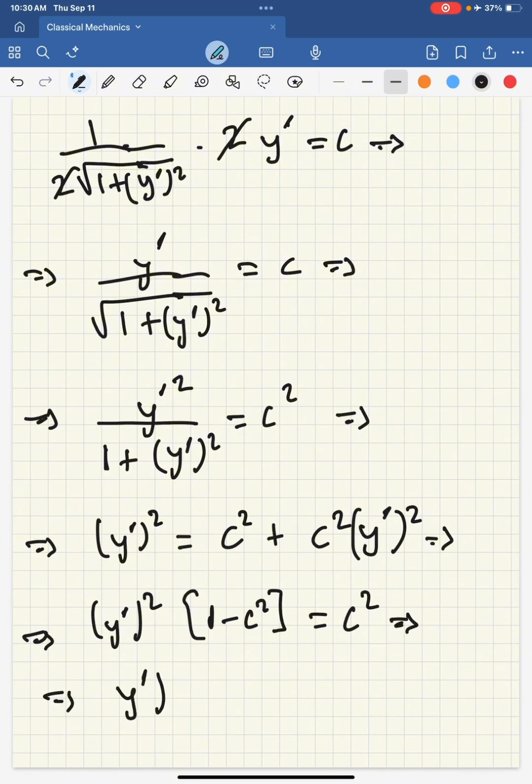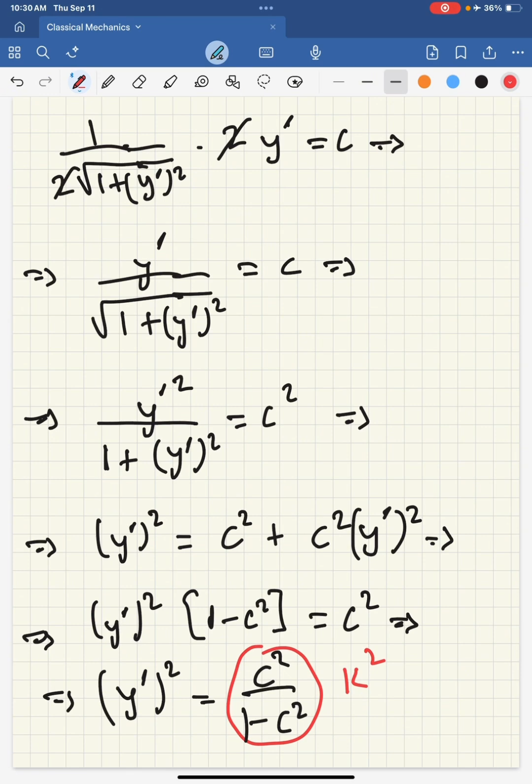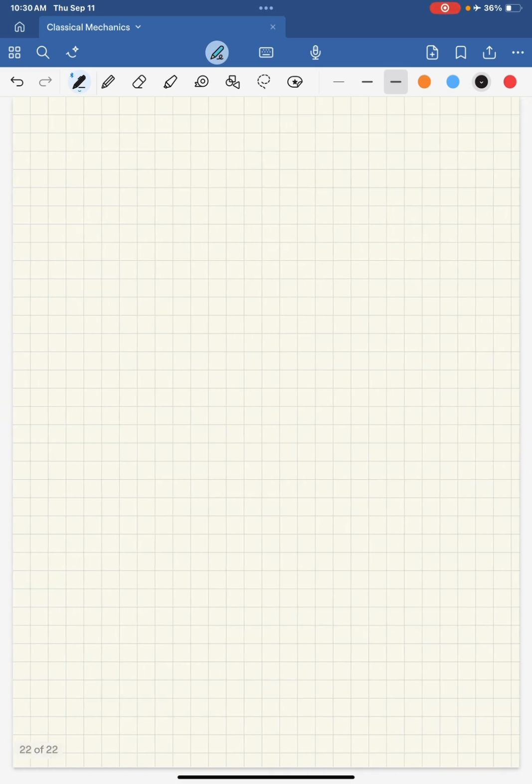So we have that y prime squared is equal to c squared over 1 minus c squared, and we can cast this into a new constant, let's call it k squared, okay, because c squared over 1 minus c squared is a constant. And then we just find y prime is equal to plus or minus k, and this is one of the simplest differential equations on earth,